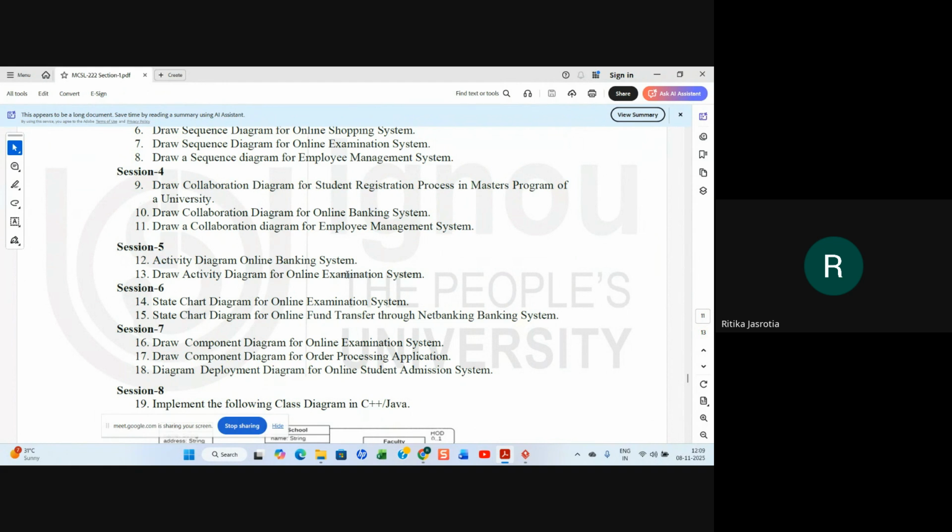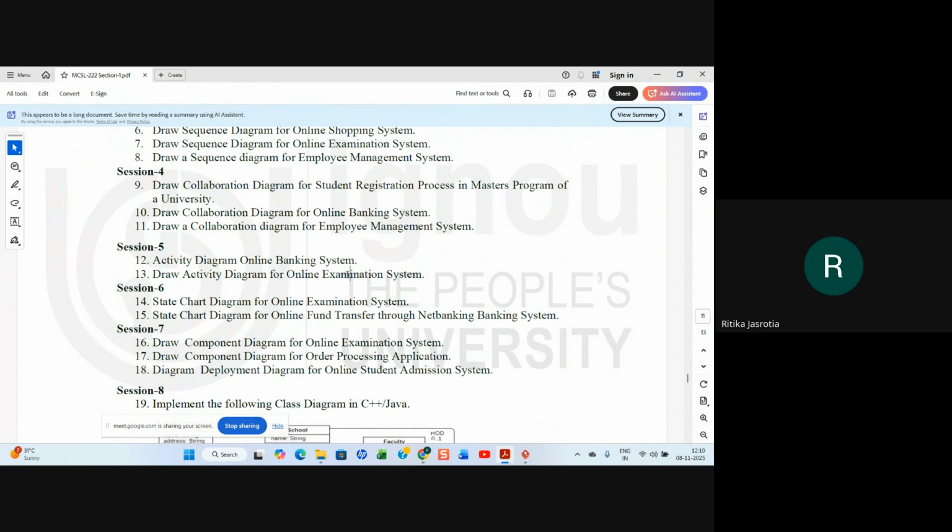So in the online examination, you will select your exam, and it will appear with your questions with multiple options, and you will select the particular options for the questions. After you complete your exam, your result will be displayed. And if you have not selected the exam, you will select the exam on a particular date and time, and then you will give the exam, and then your result will be displayed.